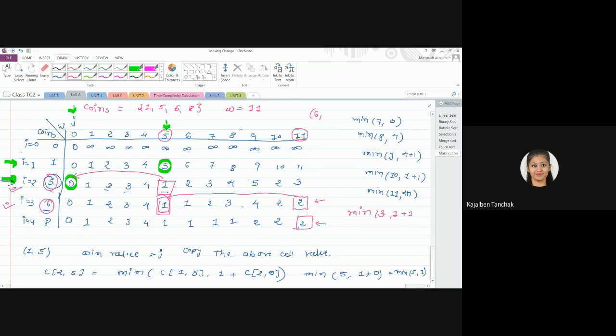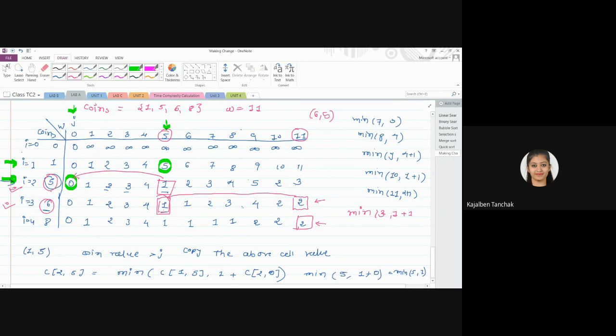Now you can select this coin. So 6 and 5, these will be the 2 coins you have to select. Okay, simple funda: you have to start from the back. Where did this value come from? This is 2, so how do we find out where it came from? 11 minus 6 you will count. So go to the column number 5.